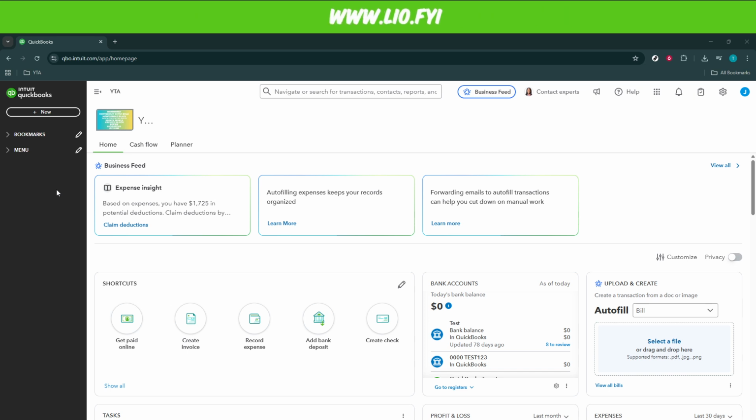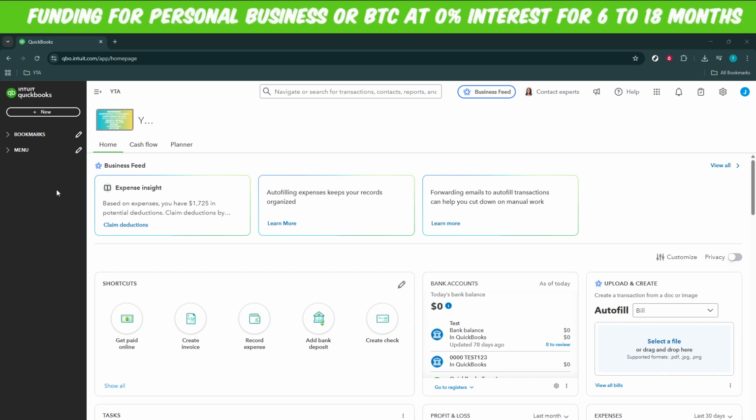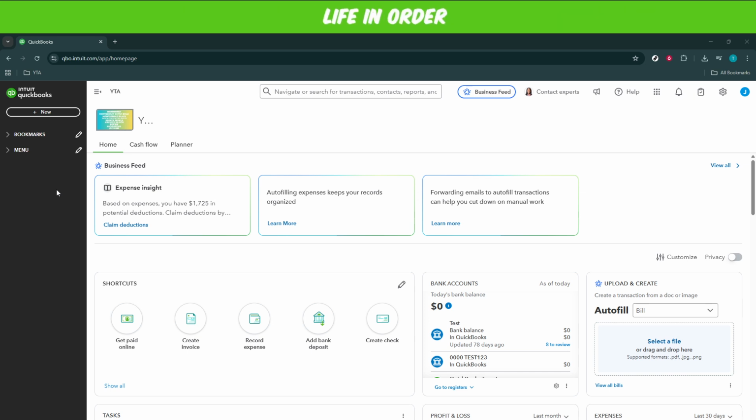First, you'll want to go to the QuickBooks homepage. This is your starting point for accessing all the tools and features that QuickBooks has to offer. Whether you're managing finances for a small business or just keeping personal accounts in order, QuickBooks provides a streamlined interface that makes everything accessible. If you haven't done so already, open your web browser and enter the URL for QuickBooks, then log into your account.